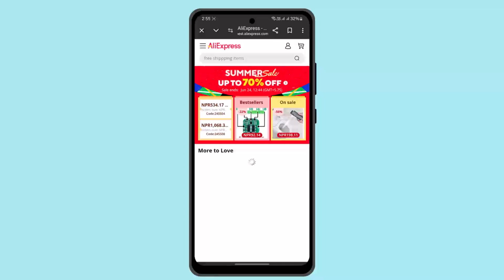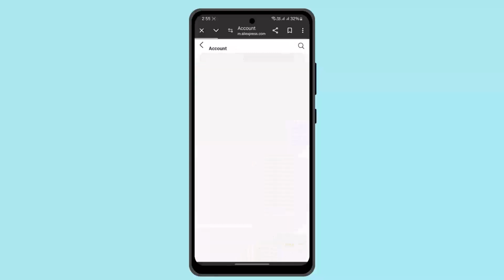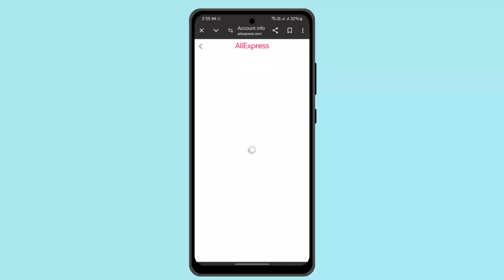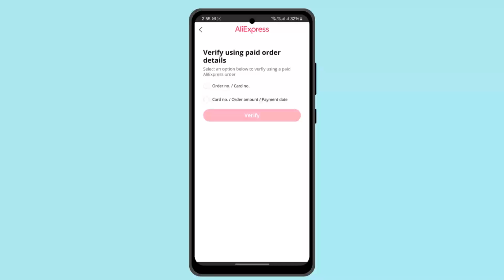So while you're on this page, you just have to go ahead and tap on the profile icon from the top right hand side corner. You just have to go to Hub Center, and here go and press on Find Order and Accounts. When you press on the following option, it's going to take you to the other field where you'll be able to see a lot of information. So under it, you just have to scroll down right to the bottom, and then you need to go to